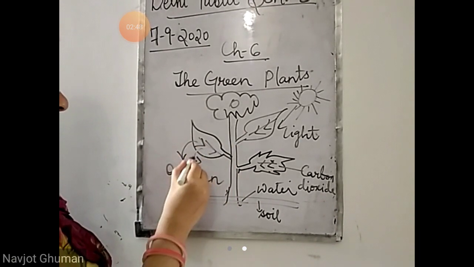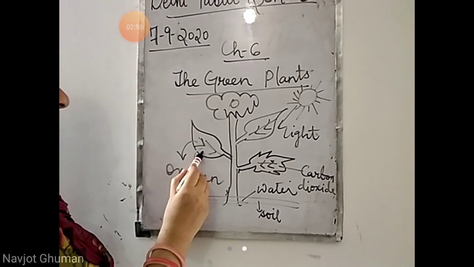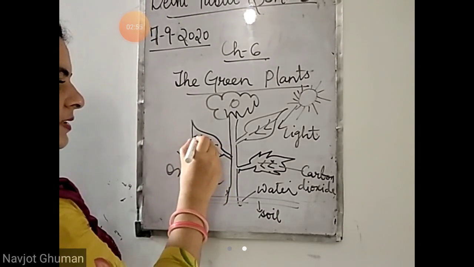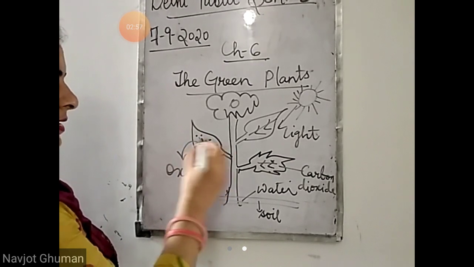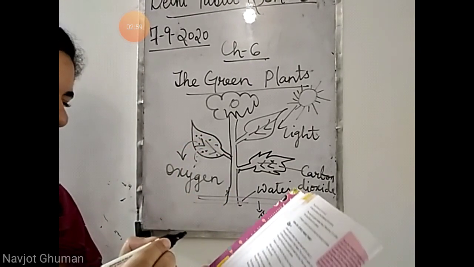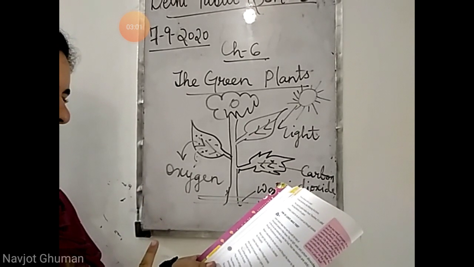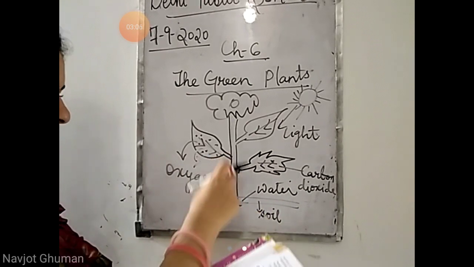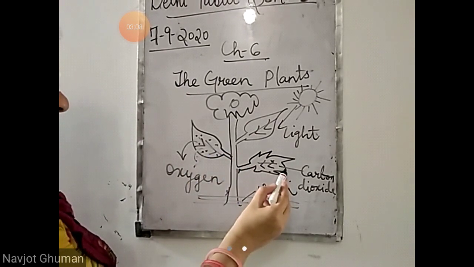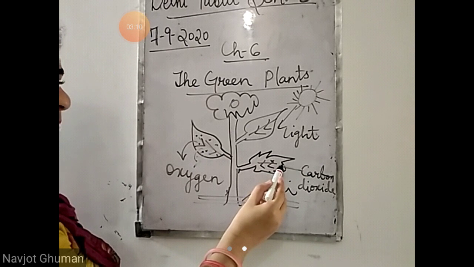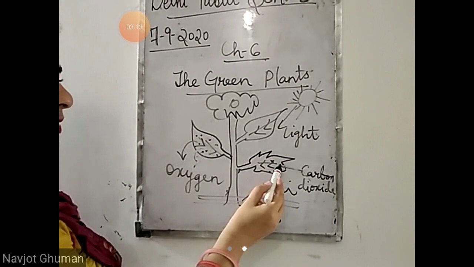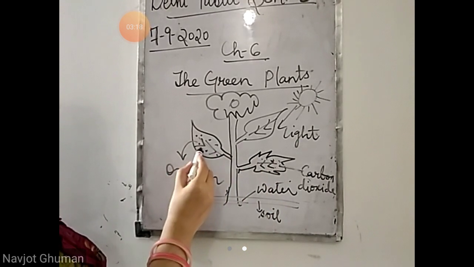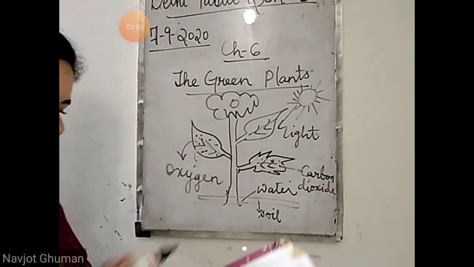So after the food is prepared, oxygen is given out through the stomata. Now the plants release oxygen from where? Through the stomata. Stomata are the pores that are present on the underside of the leaves. Oxygen is given out through these stomata. Now what are the main functions of stomata that we have already read? They take in and give out air. Take in means plants take in carbon dioxide to prepare food. So carbon dioxide also goes inside through what? Through the stomata. And they give out oxygen, which is also coming out through the stomata.